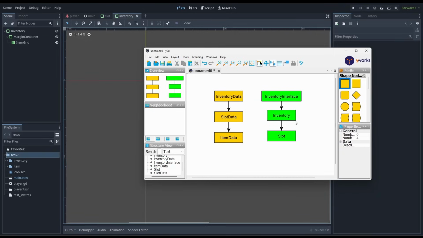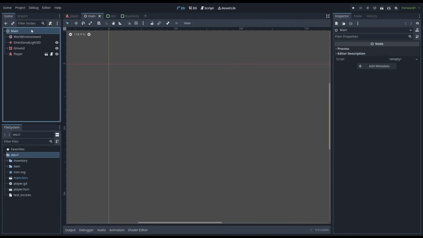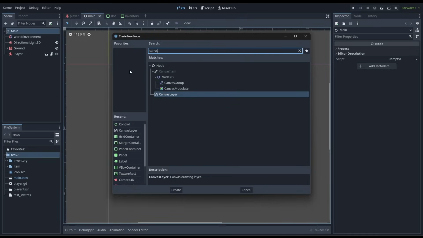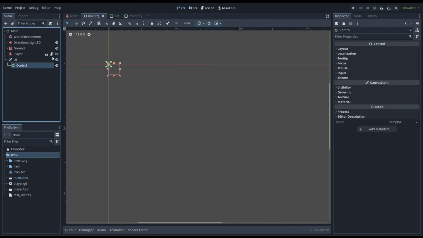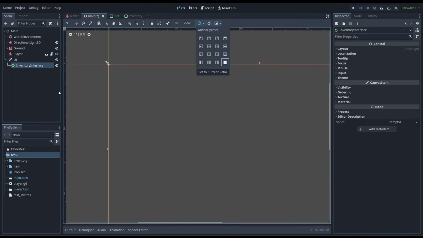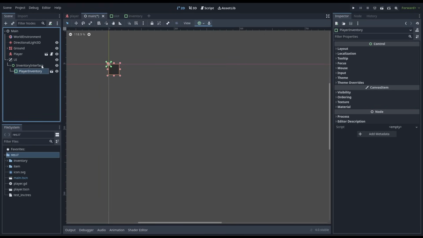They're all going to communicate with signals, and that's just how I'm going to structure it. So let's go to the main scene and set up that inventory interface. So Control A, I'll add a canvas layer, and I'll call it UI. And then Control A, I'll add a control node, call it inventory interface, and then I'll go up to the anchors here and I'll make it full rect, and then Control Shift A, add an inventory and call it player